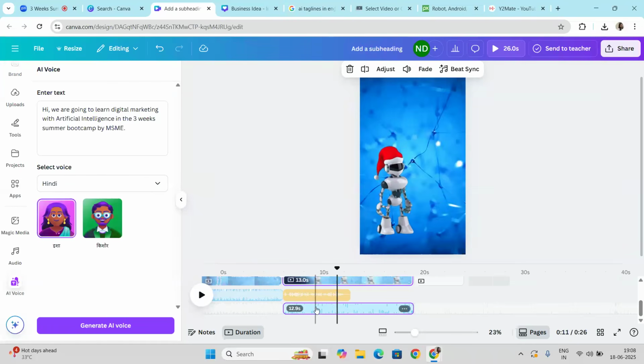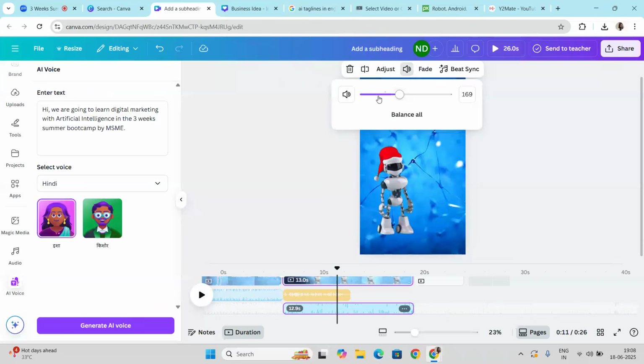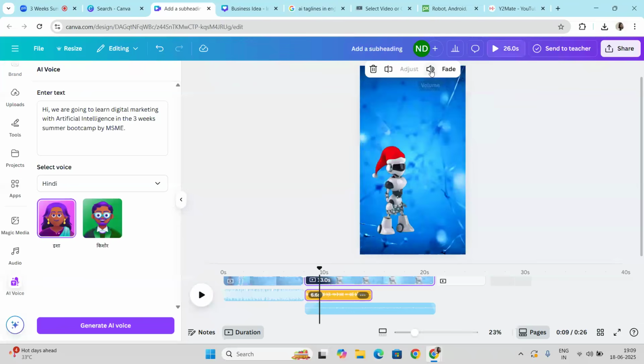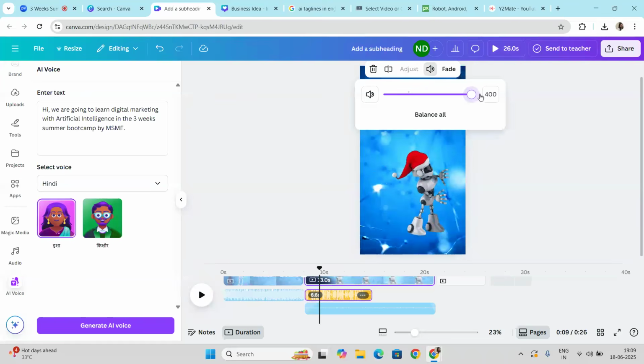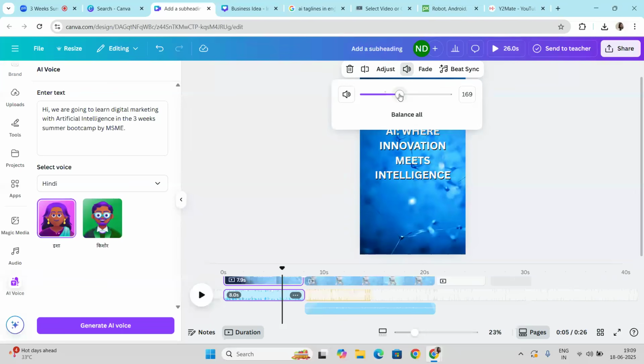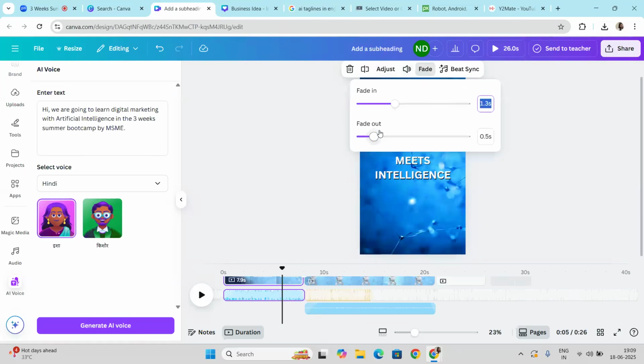I want this part at the lowest volume so that the AI voiceover will be audible, and I want to take it to the highest one. And I need to add fade out, because by fade out, it will start automatically fading out, and it will be at the lowest volume.